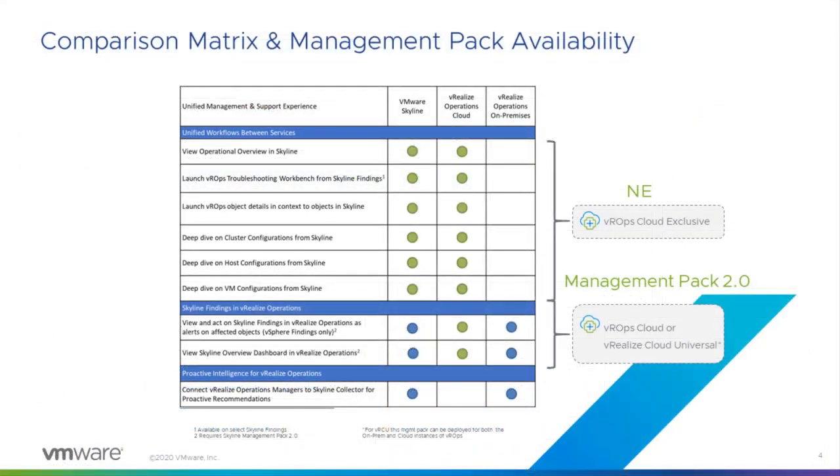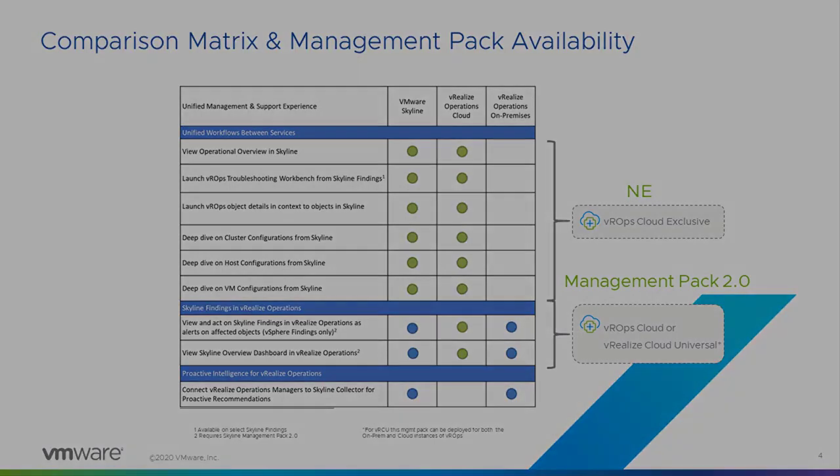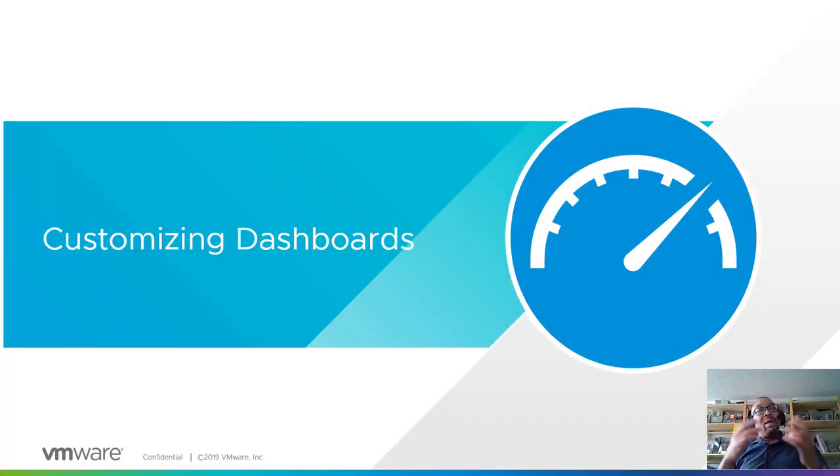Now, before I conclude this demonstration, I want to go into more detail about how Skyline and its management pack integrate with both vRealize Operations Cloud and vRealize Operations Manager. As you know, VMware Skyline integrates directly with vRealize Operations Cloud, while the management pack is available to users of both vRealize Operations Cloud and its on-prem instance through vRealize Cloud Universal. And with that,